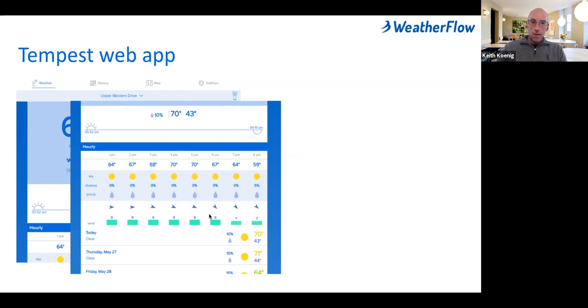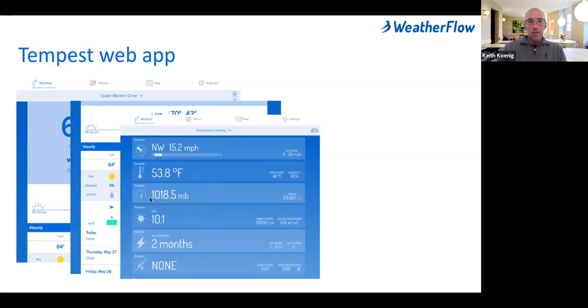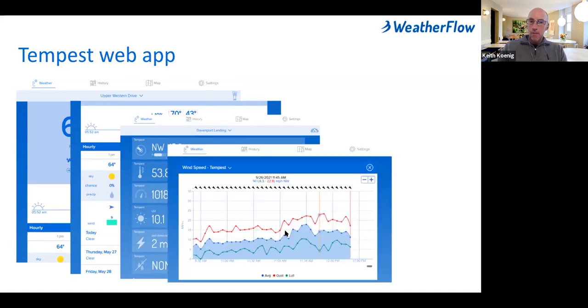Also, in the web app and the mobile app, you can see live conditions, you can see 3-second wind values, you can see all the parameters, you can see derived parameters, feels like, delta T, etc. All of those are in there. You can click into any of the values and see a graph of information.